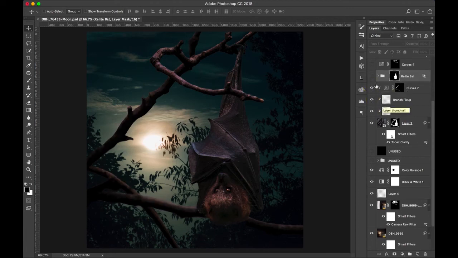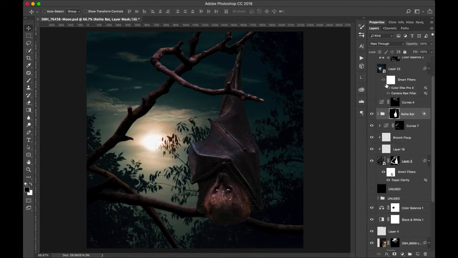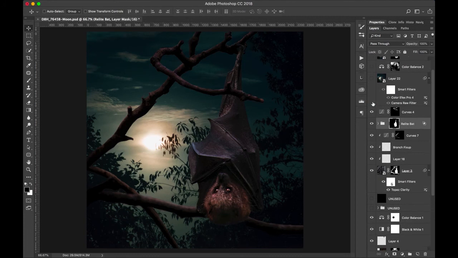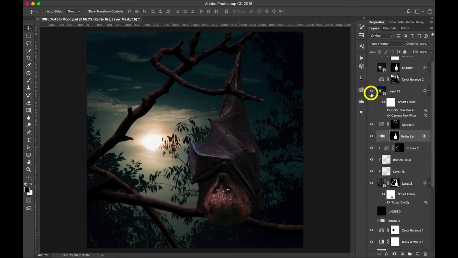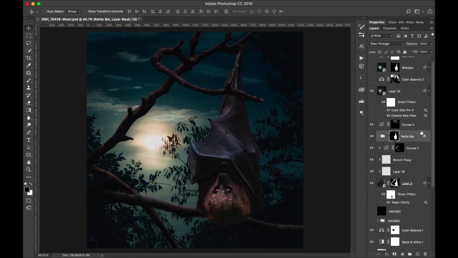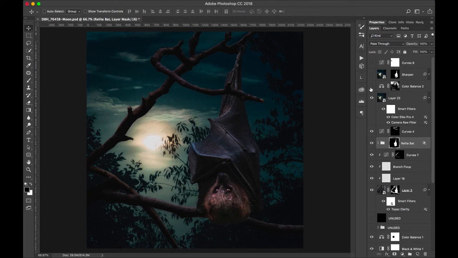changing the brightness of some of the branches there, changing the lighting on the bat a little bit, toning down some of those really bright highlights on that top branch because I don't want your eye to be drawn up there. Changing the, let's see, it looks like I'm just changing the tone and the focus a little bit on the bat, adding kind of a blue tint to the sky, sharpening up the bat, and finally changing the overall tone